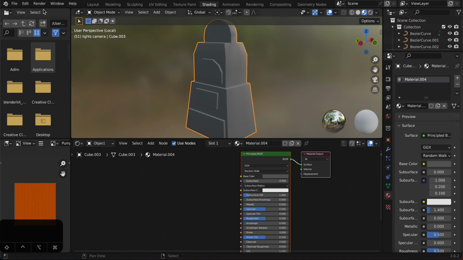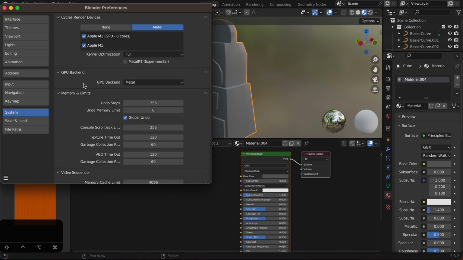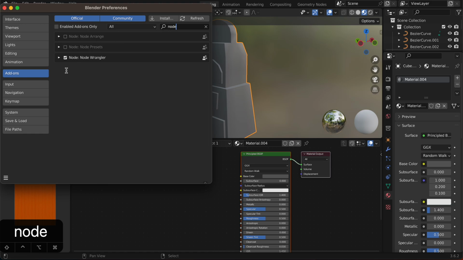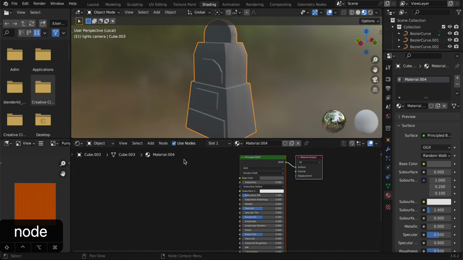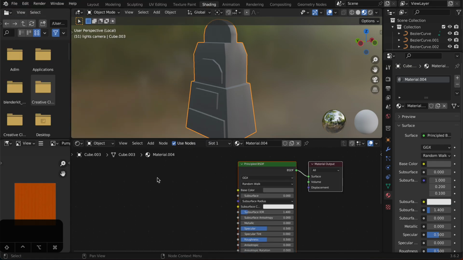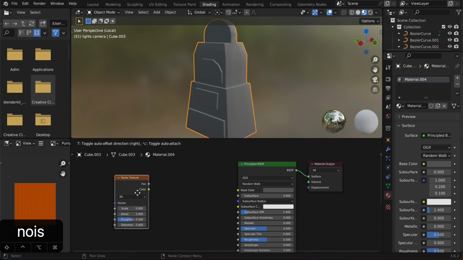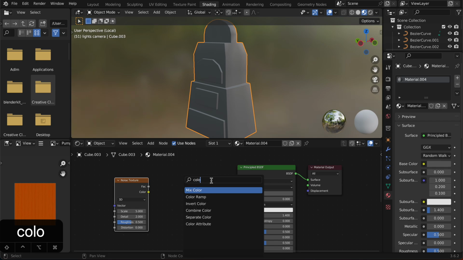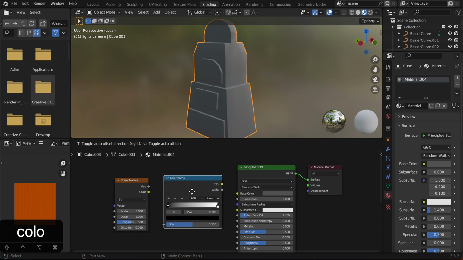well, first let's make sure if we go to Edit, Preferences, we'll go to Add-ons, and we just want to make sure that the Node Wrangler is on. So I'll just type NODE, and we just want to check and make sure that the check mark is on Node Wrangler. So once that is on, we can create, by going to add, we could search for a noise texture. So we're just going to grab this noise texture. Could grab that, and we could also search for maybe a color ramp. So right here, color ramp. So we're going to have these two